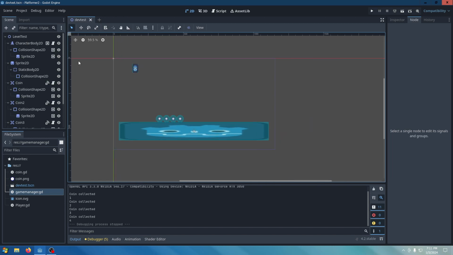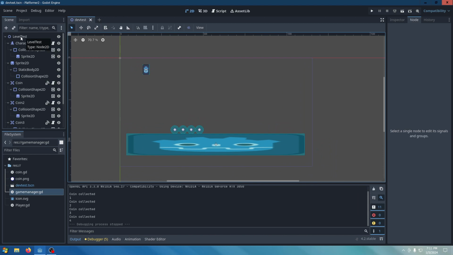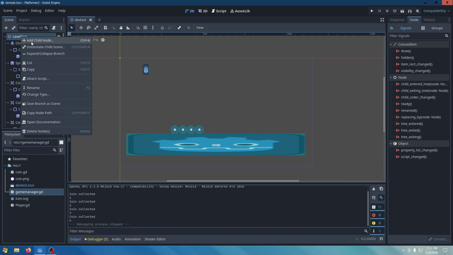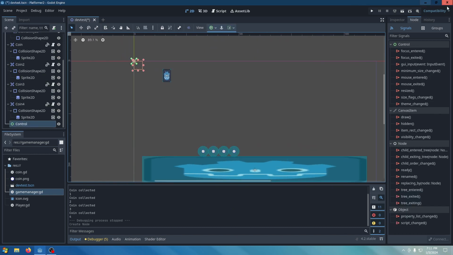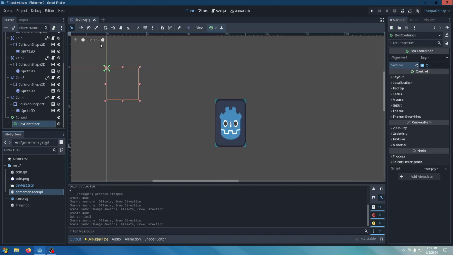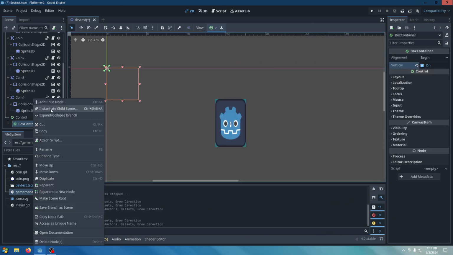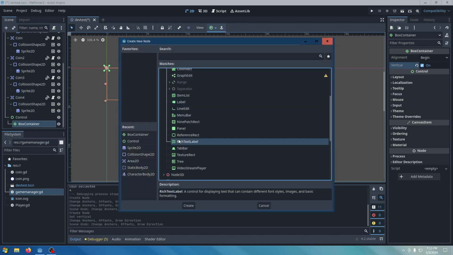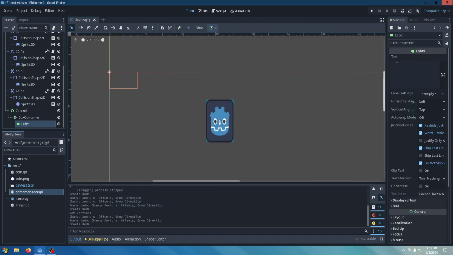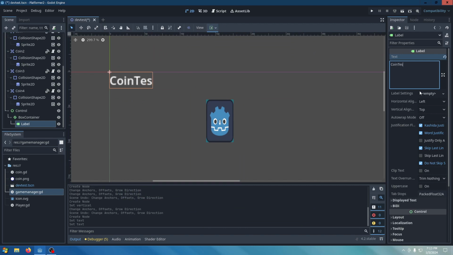Create our own HUD, which is very, very simple, as a matter of fact. Right click on level test, and then add a child node. And then what are we going to do next is add control. Next thing we're going to do is add a text, which is of course label, and not rich text label, but label. We're going to go ahead and type in coin test,